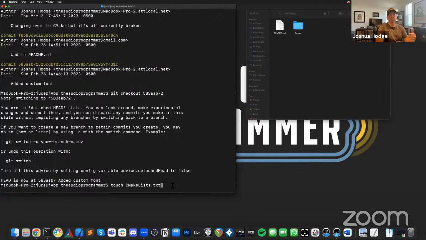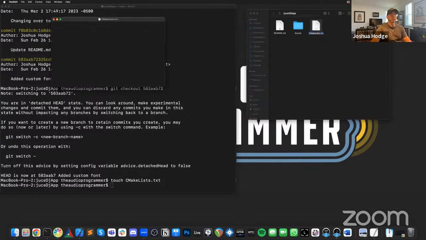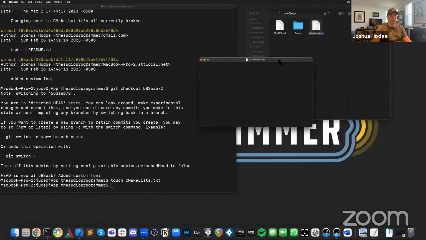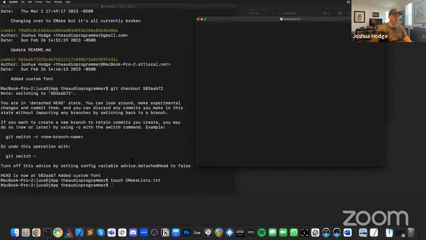So we're doing touch CMakeLists.txt, and I hit enter. And now we see that it's created a new file called CMakeLists.txt. Okay. At the moment, this is where you get to the intimidating part where you say, oh man, what do I do from here? So what I'm going to do is,